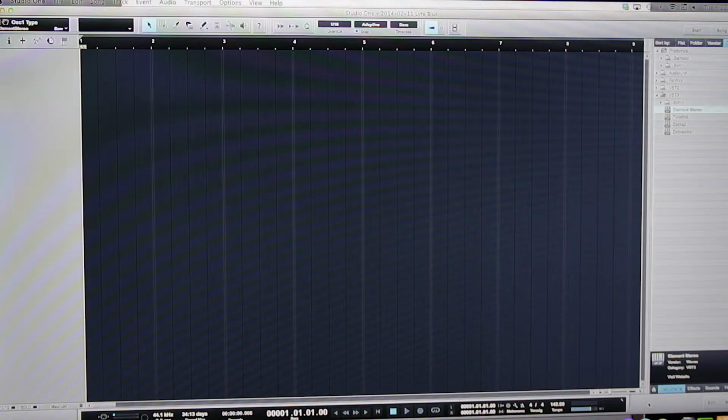Today I will be teaching how to add a software instrument and record MIDI and quantize in a DAW. So let's get started. The DAW that you see on the screen right now is PreSonus Studio One 2